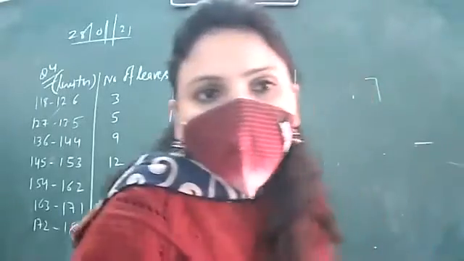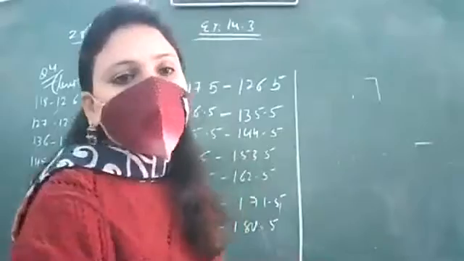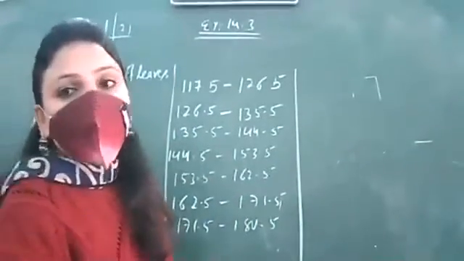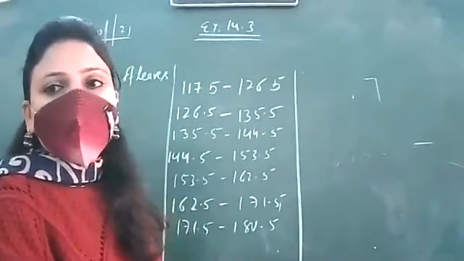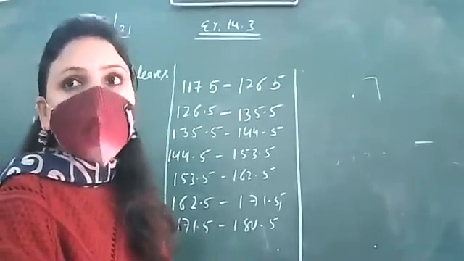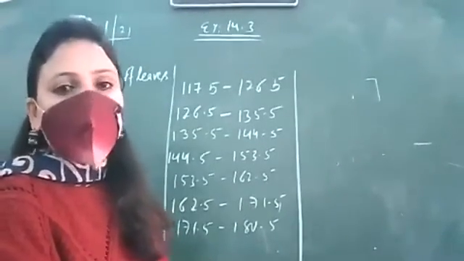Haan ji Bhavna, I have got your point. Yesterday you were asking one question: if the data is such that it can't be halved, like the number of persons or the number of balls, then you can't halve it, so in that case how will you change the data to exclusive form?